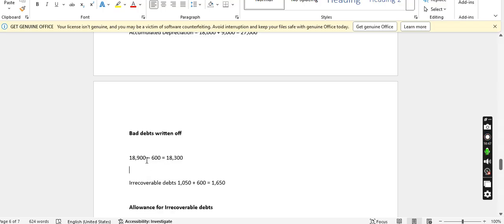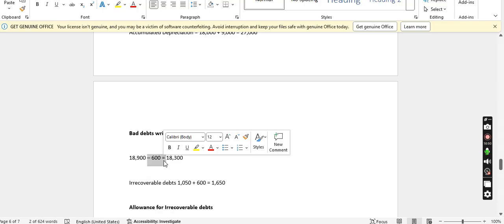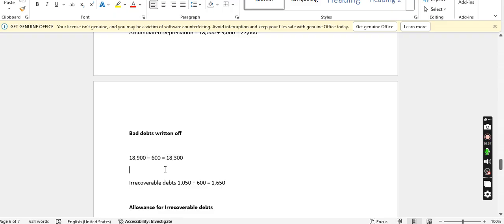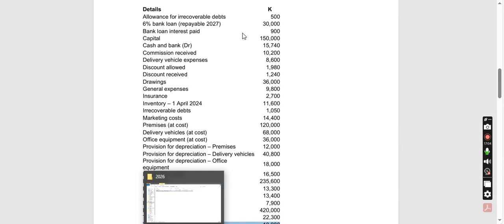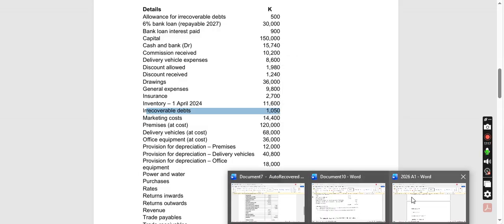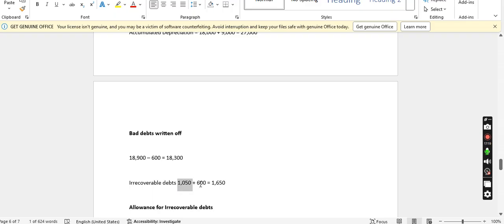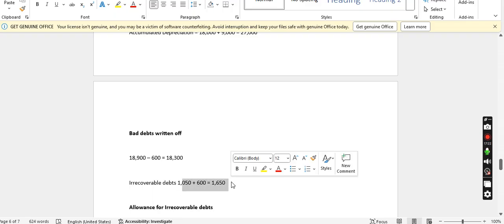Then this 600 is now irrecoverable, so we're going to add it to the original irrecoverable debts of 1,050. If we go to the information in our question, they told us irrecoverable debts 1,050 kwacha. Now we've included the 600, so we need to add it. So 1,050 plus 600,